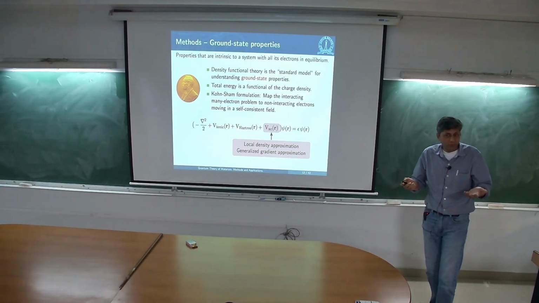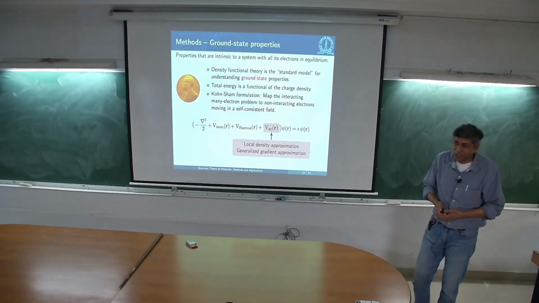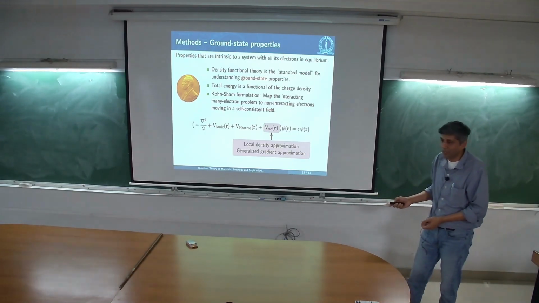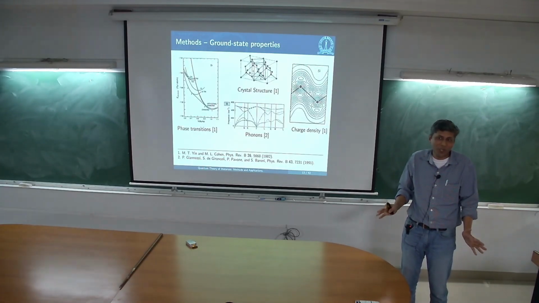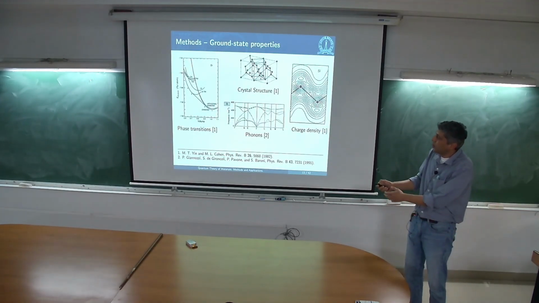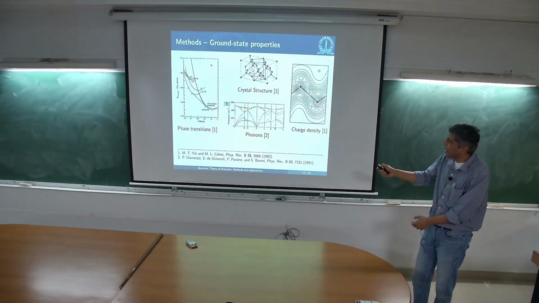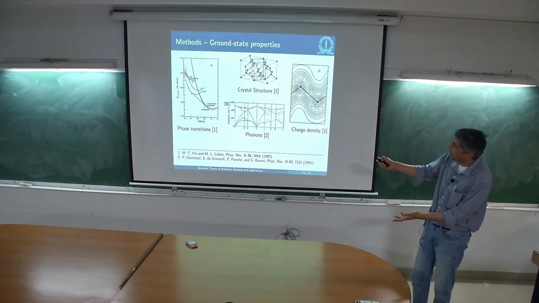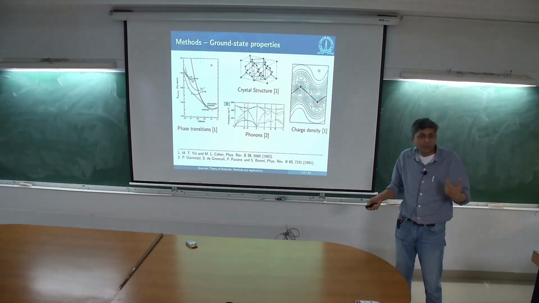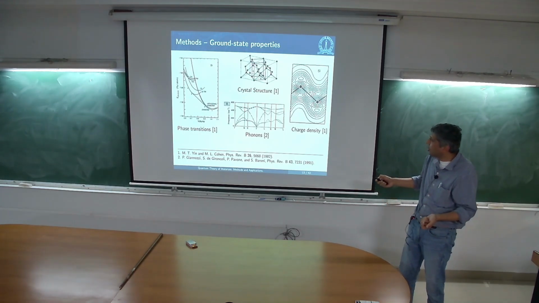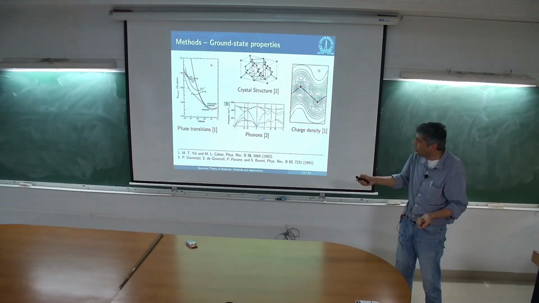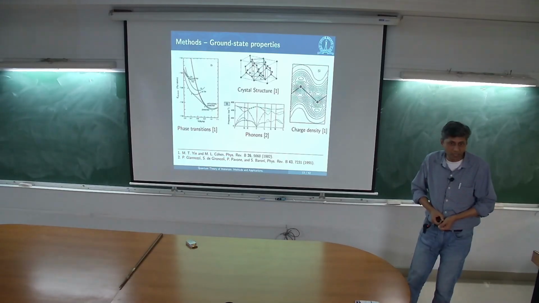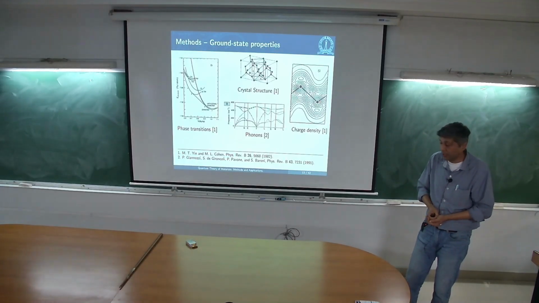So you do all of this, and you spend all the time putting this together, and you say, okay, now what do I get? What are the kinds of properties that I can get? You can predict the lattice parameters of, I think this is silicon. You can predict that if I take silicon and apply pressure, it goes from the diamond phase to the beta tin phase, and at what pressure, which comes from the very simple idea of the slope of these curves, which tells you at what pressure the transition will happen.